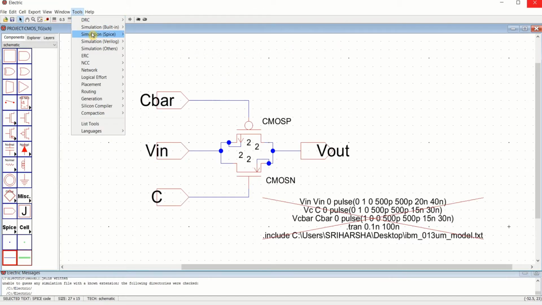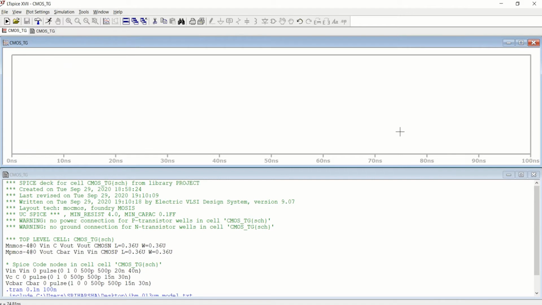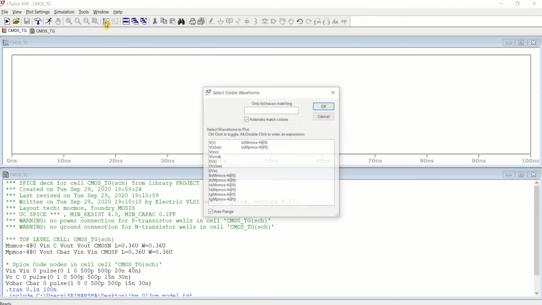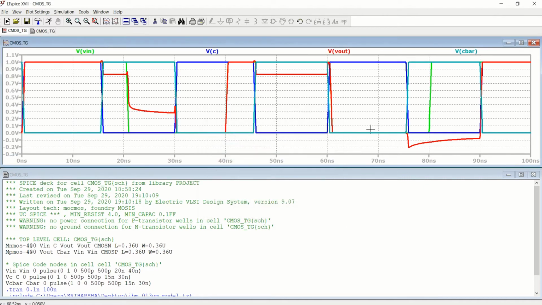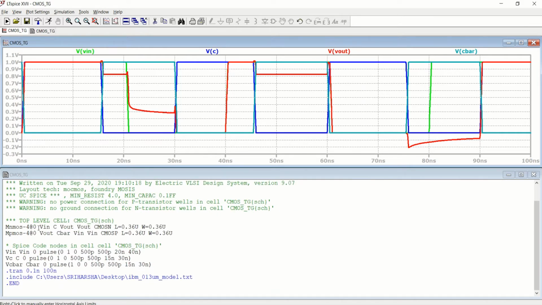Go to the tools, simulation spice, write spice deck. You need to plot input, V in, V out, VC, and VC bar. 4 plots. So this is your spice code.